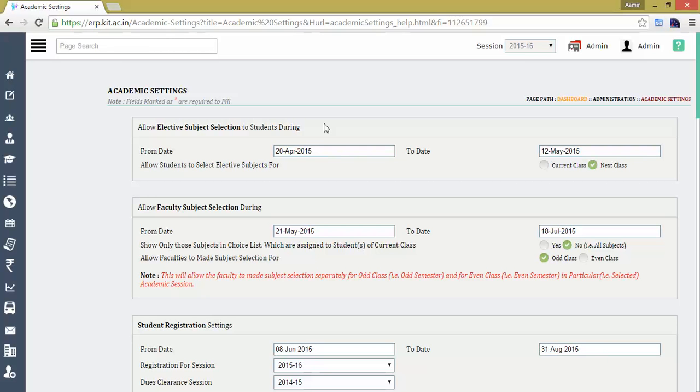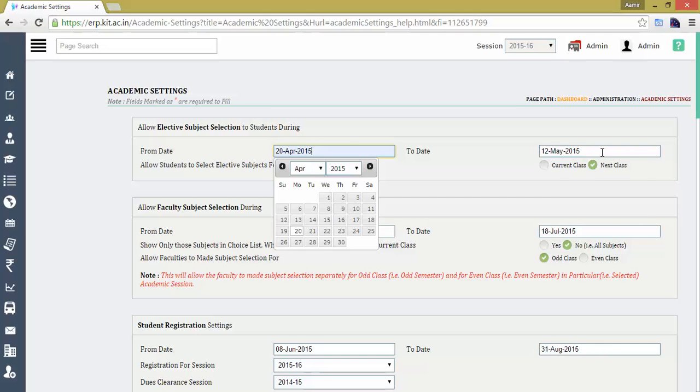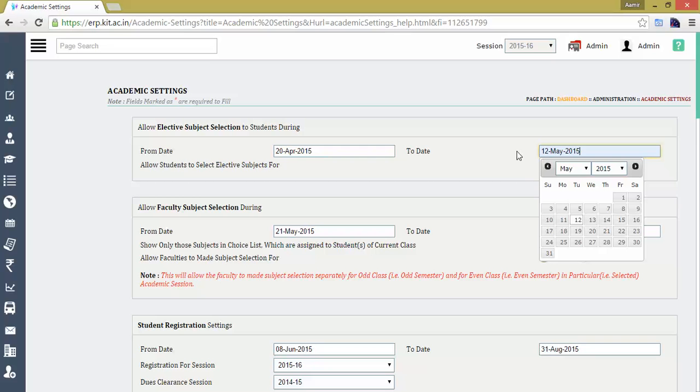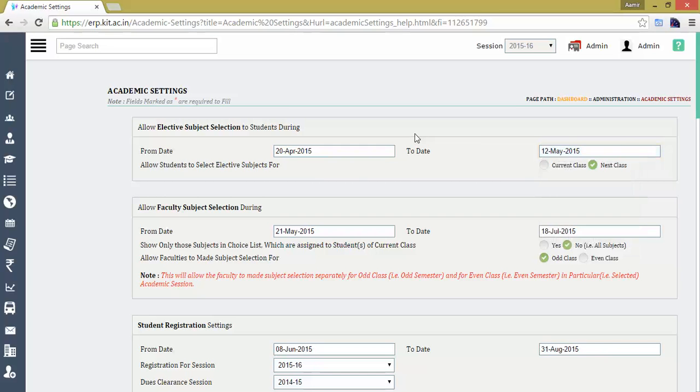Suppose you are going to conduct classes of the fourth semester, and you are required to collect the choice list of the elective subjects from the students. So you may set the date range during which a student can submit their choice list of the elective subjects which he or she is interested to learn. Here you can enter the from date and the to date. During this date range, a student can submit their choice list from the forms available to them. We will discuss those forms in later discussions.